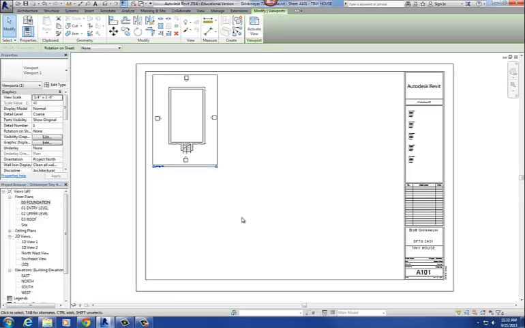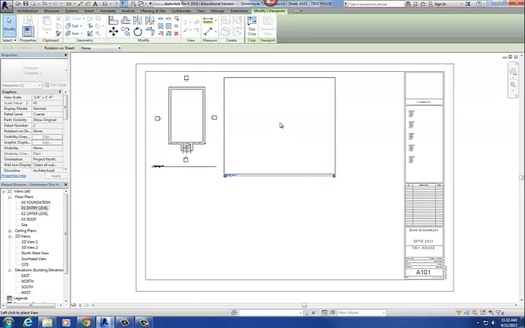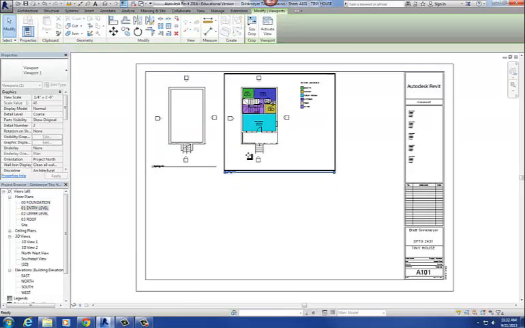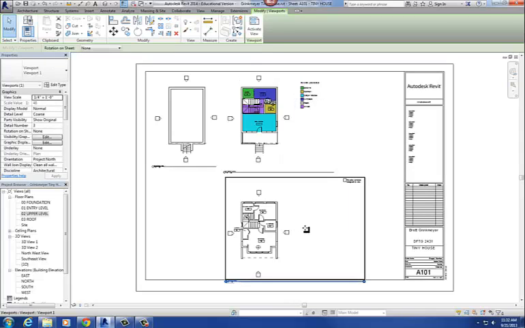So I click on there. There's 00 foundation. Let's go O1 floor plan, so I click on that one, hold down on the mouse button, drag and drop. When I let go, it allows me to place it on the sheet. And then O2 upper level, drag and drop. For most of you, it'll be huge like that. So what that basically means is a little bit of